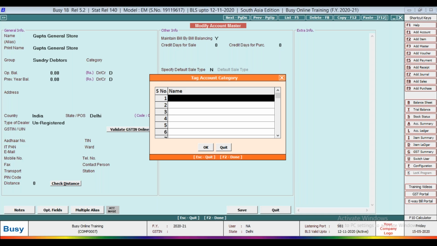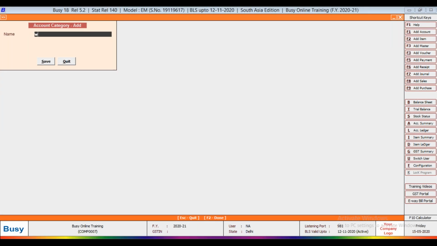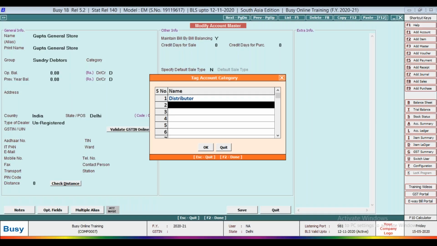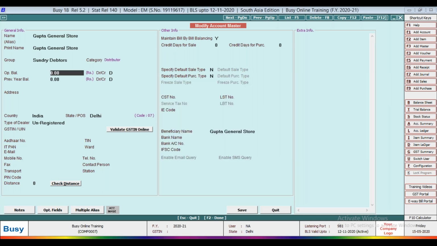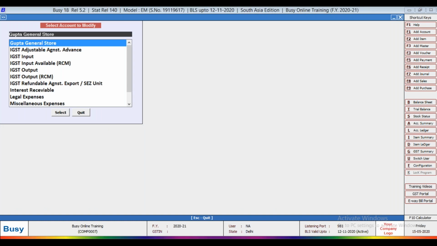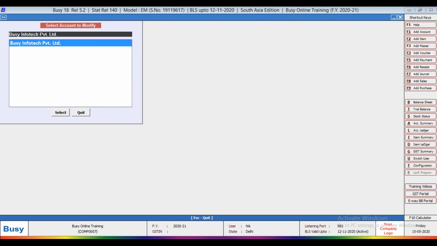And if you want to define the category, then press F3 to create a category, like distributor. And you can define multiple categories. Press F2 for save.